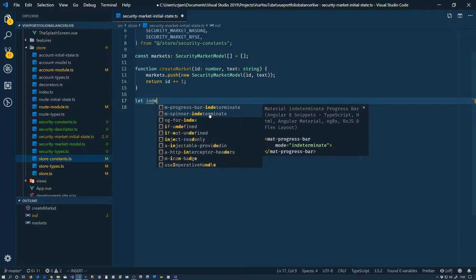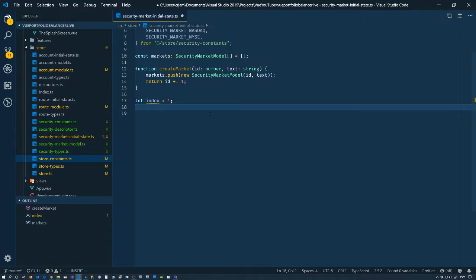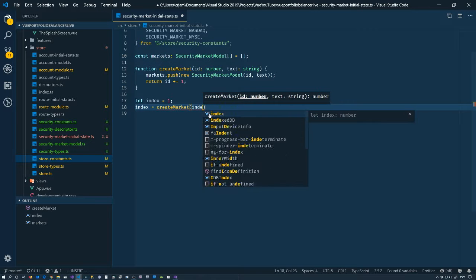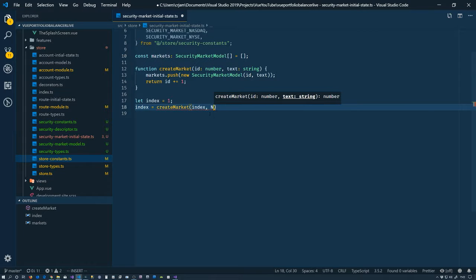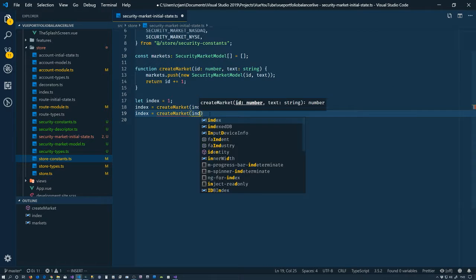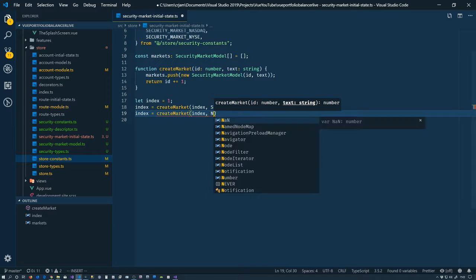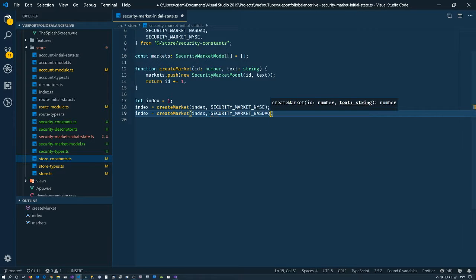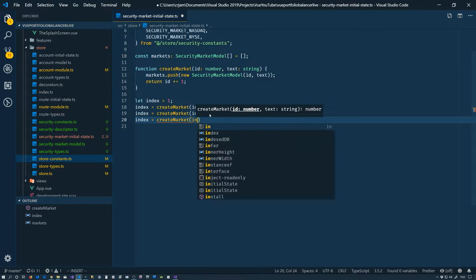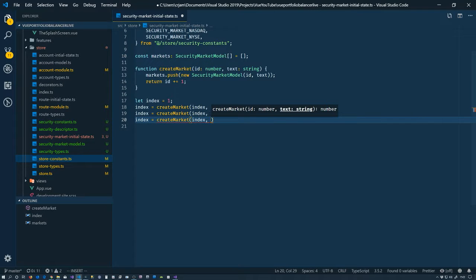So let index equal 1. So we'll say index equals create market. We need to pass in that index. And I started with the New York Stock Exchange index. Next one, NASDAQ and index. And last but not least,